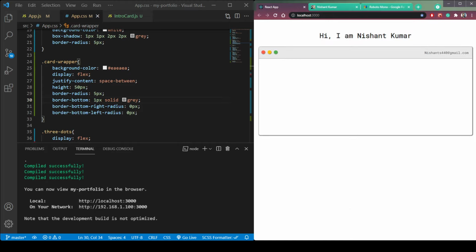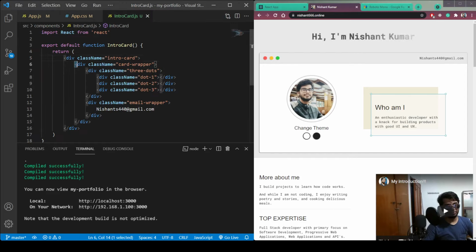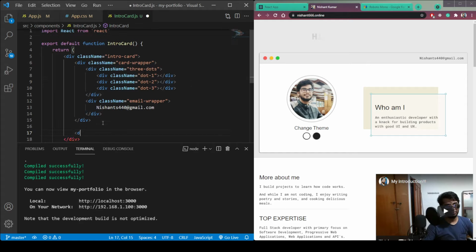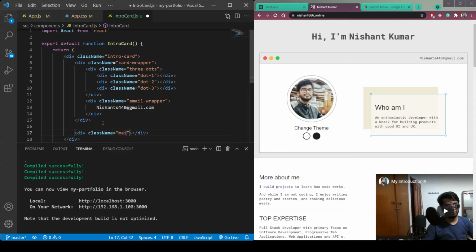Now let's add this image section and this who am I section. So inside this intro card, after this card wrapper, let's create another div with, let's say, class name main section.